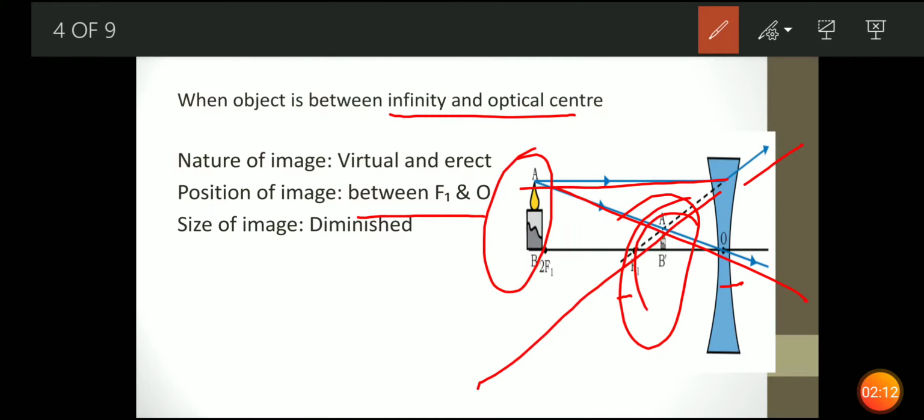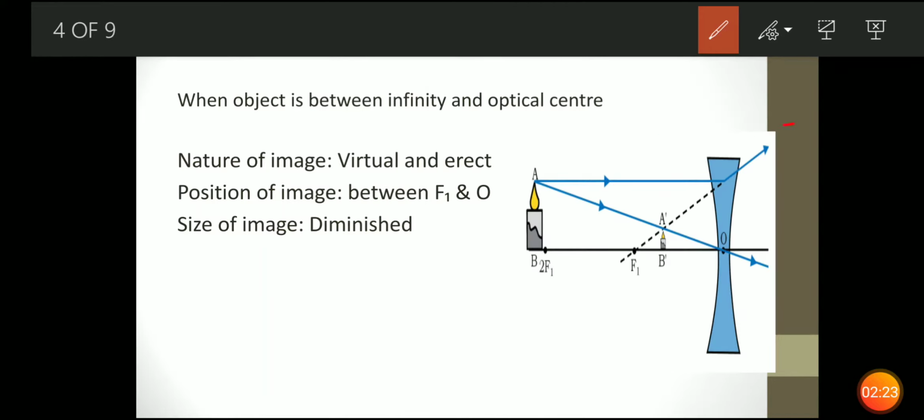Nature is, आपको erect image दिख रही है, स्क्रीन पे obtain नहीं की गई है. Diverging lens से obtain कराई गई है स्क्रीन पे. So it is a virtual image. साइज छोटी है, so that is a diminished one. Now next